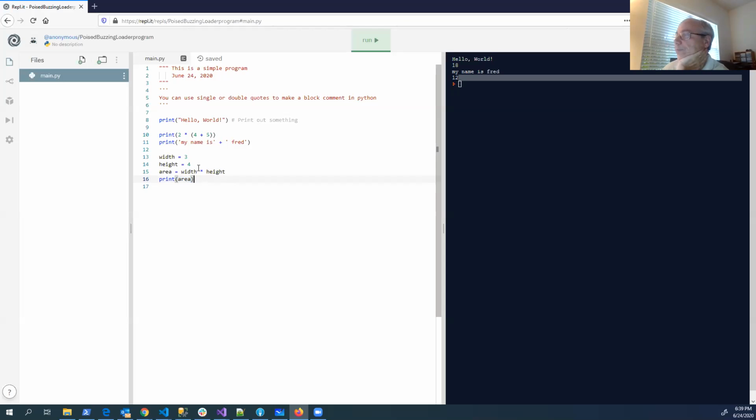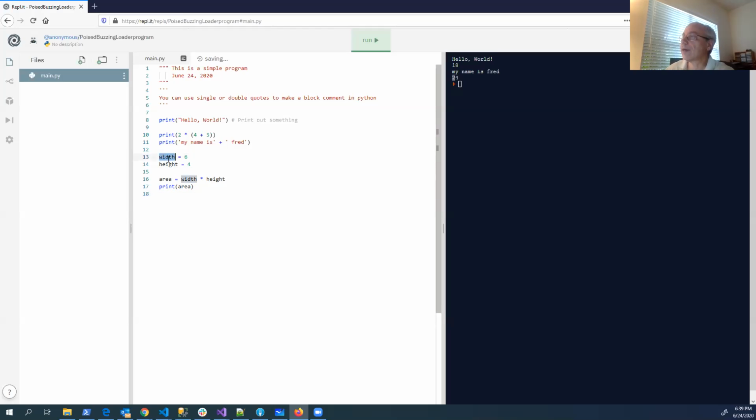This starts to get a little bit more interesting, right? Because now we've got a formula going. We can say area is equal to the width times the height. Right now the width and the height are 3 and 4. If we were to somehow change width and height, these 2 lines of code still wouldn't need to change, and they would still compute an area for you. So if we change the width to 6 and run it again, now instead of 12, it's 24.